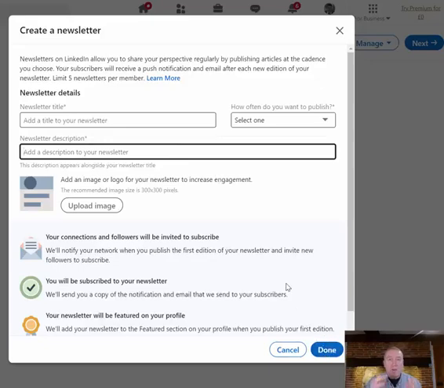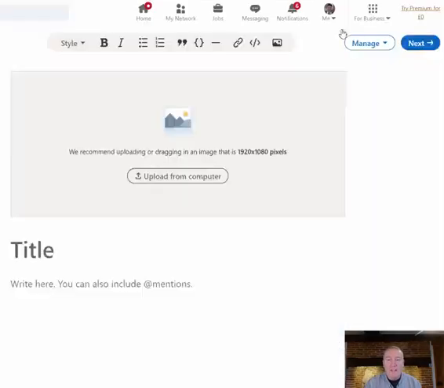At that point, your newsletter exists on LinkedIn, but no one has yet been invited to subscribe to it. At that point, you have to create your first edition of the newsletter, which you do from this screen here. So you're going to put in an image, a title, and then write the text here of your first edition, and then click Next. You'll be invited at that point to write a short post to accompany your first newsletter